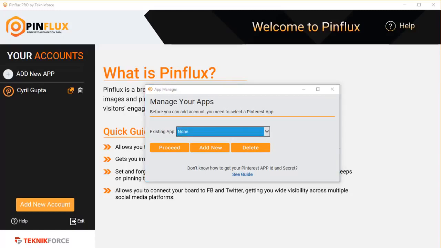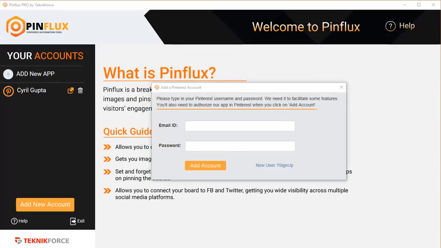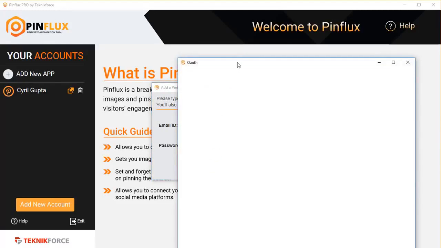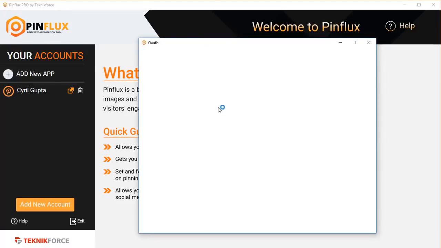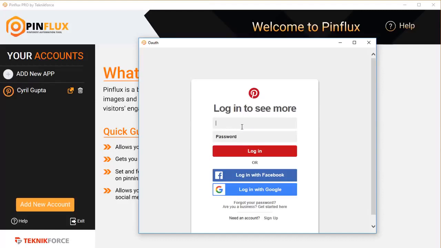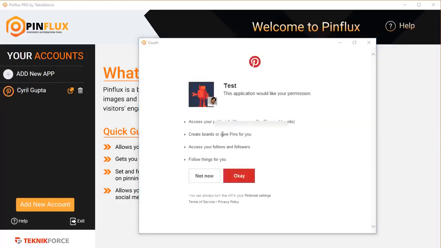So I'm going to quickly create an app and get back. So after I add my app, I can select it, and now I can add any Pinterest account to PinFlux by putting in the email ID and the password. After putting your email ID and password, click on add account. You'll be taken to Pinterest authorization. Put in your email and password again. Log in. Allow your app,